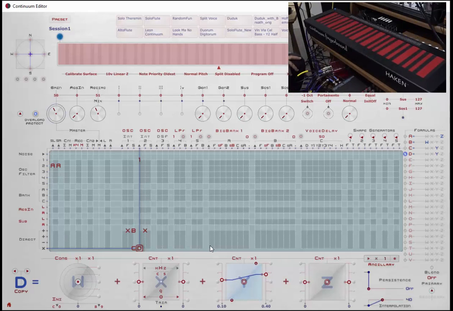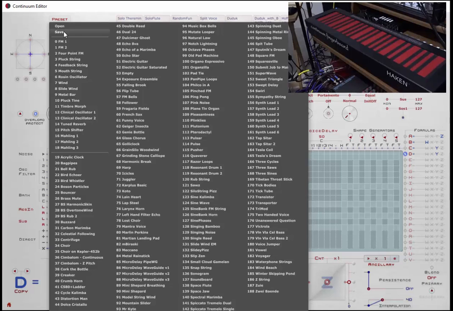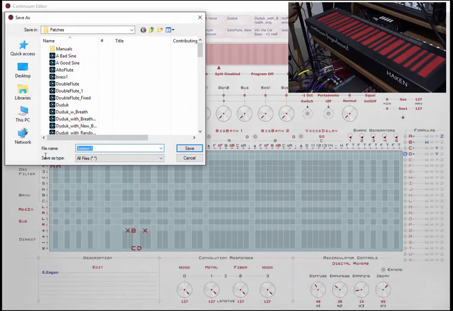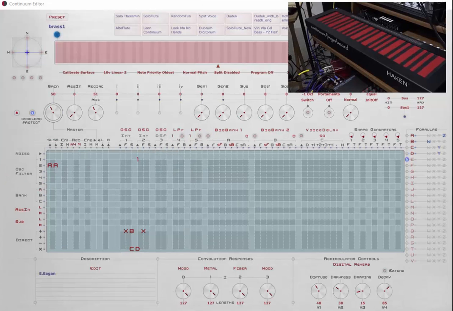All right, I could twiddle a bit more with that and try and find ranges that are better, perhaps, but I like it the way it is. So let's save that to a path. Let's call that brass 1. Okay, now what we want to do is go back to our